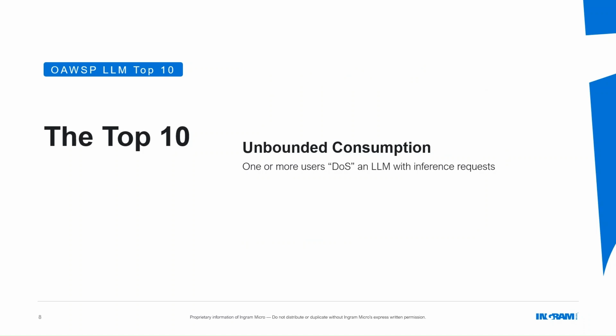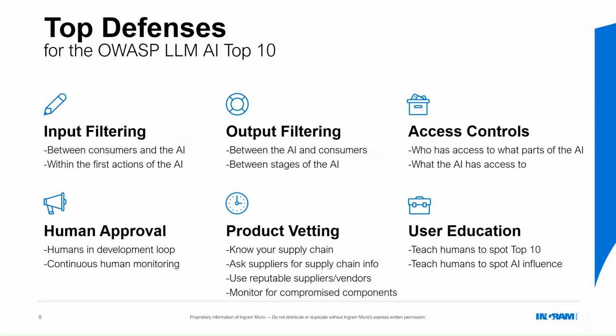All right, top defenses. Now, in these defenses, I'm talking about the application of AI and not how you would build out your LLM itself. When it comes to the application of AI to your environment, these are some things to look at. So first, of course, since we've talked about it so much, is filtering of the inputs and filtering of the outputs. These two things sort of go together in that they're both between the AI and the consumers.